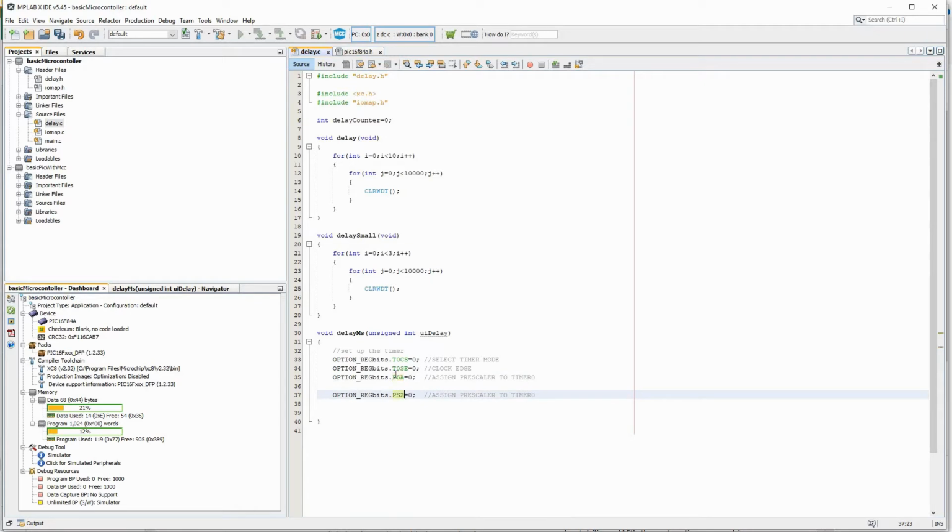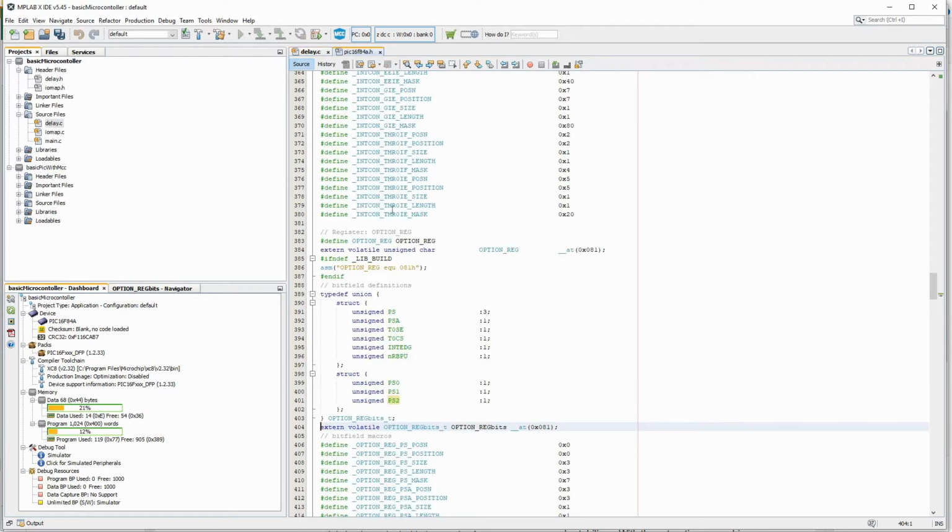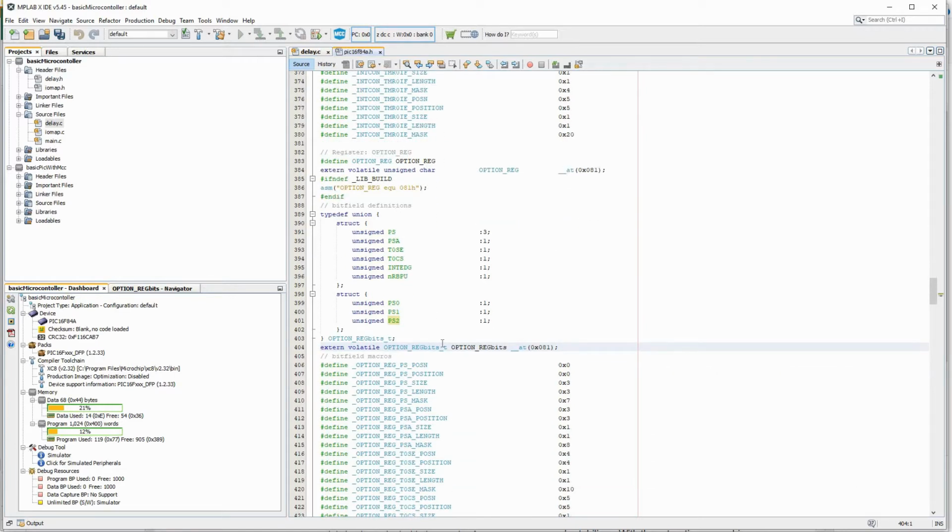What I am doing here is, if you have not missed the first chapter, you press control and click any of these registers, and it will go to where it has been defined. From here it's easy to pick up what the commands are.